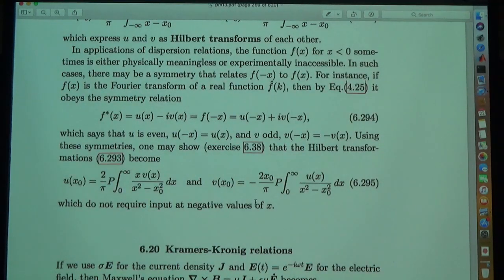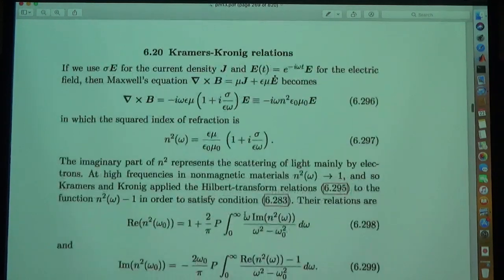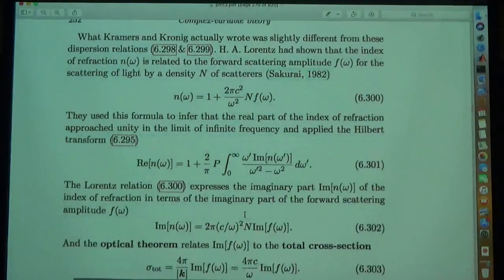And so the Hilbert transform, which is, let's see if I can get this to, shucks. All right, well, it flipped me all the way back. In other words, we're using these expressions here, and what they give us are these two equations. One of those equations gives us this, but there's another relation, namely that the imaginary part of n, from the Lorentz expression, is related to the imaginary part of the forward scattering amplitude.